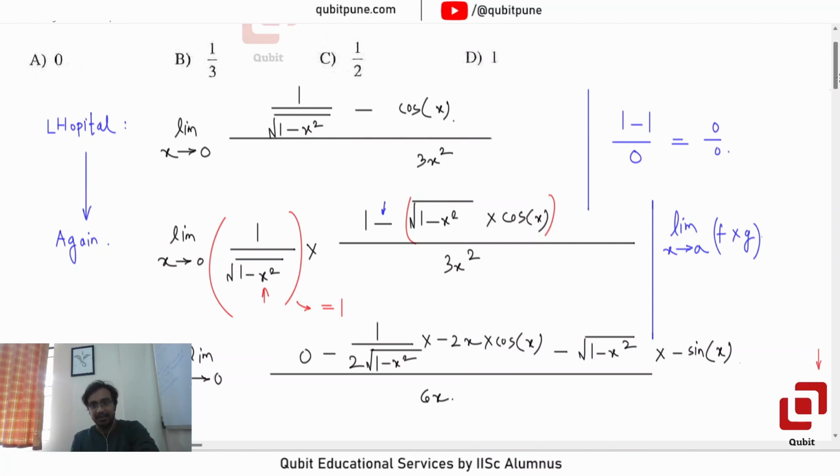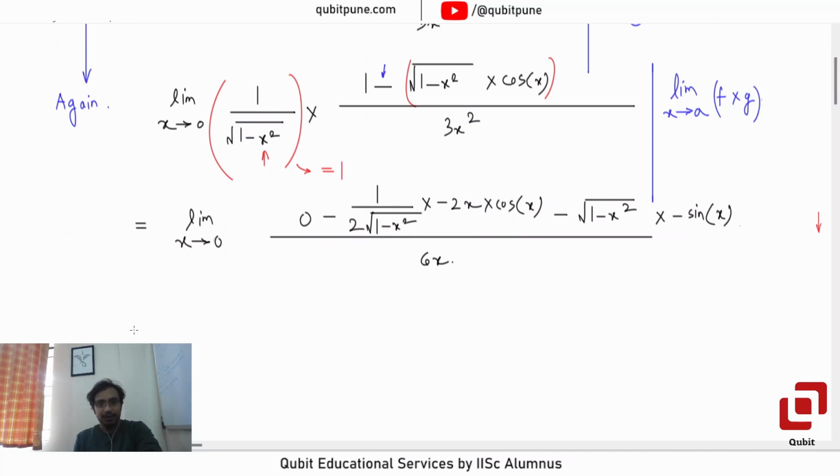So we've got something which now we can take care of. Let us cancel this 2. Negative into negative, so we do have a positive term there, and we will have x cos x in the numerator